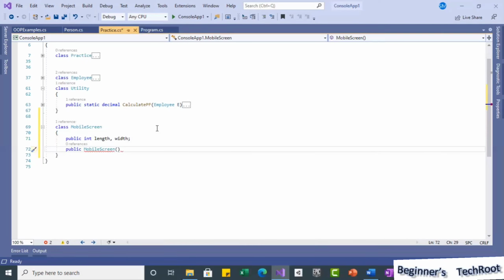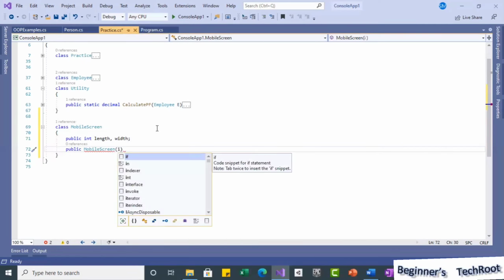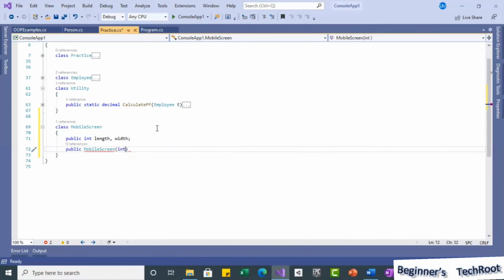So for this constructor, I will take two parameters to initialize the values of length and width. So int length, and int width. So I have taken these two parameters, and then in this constructor, I will assign them to the variables.